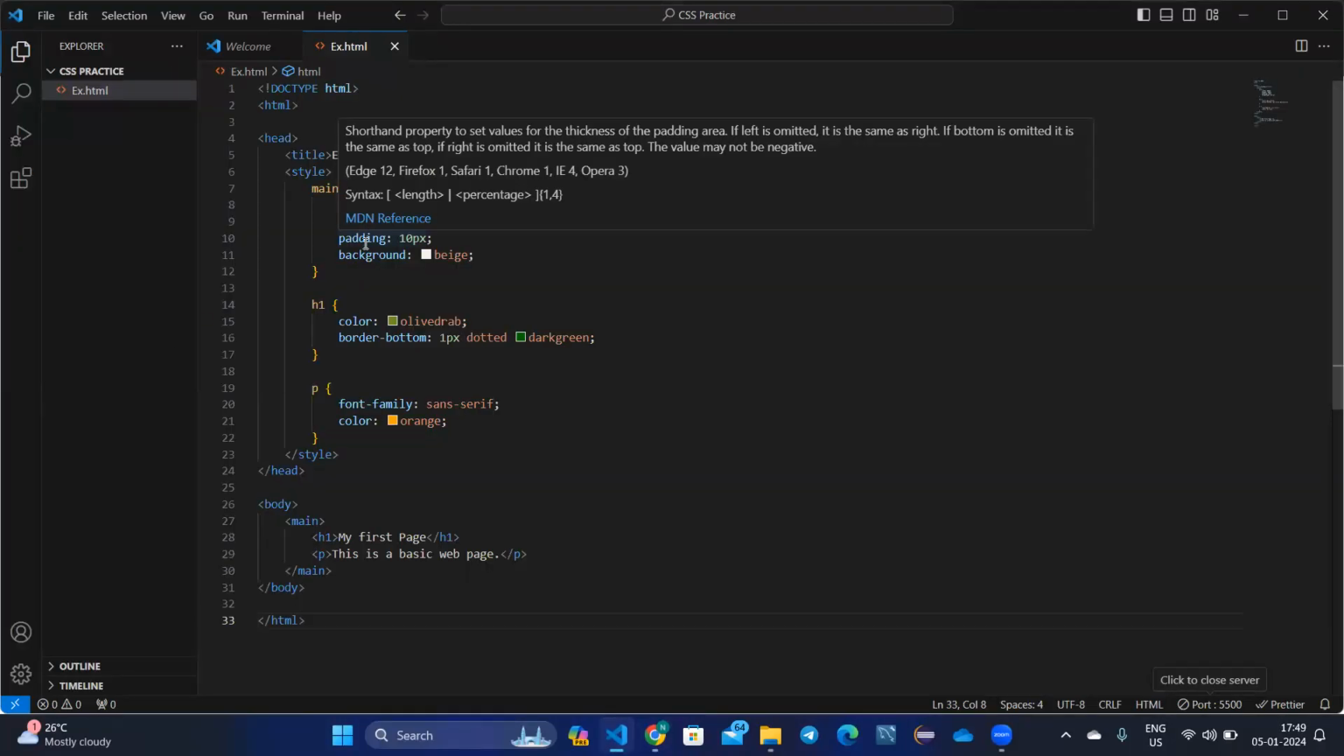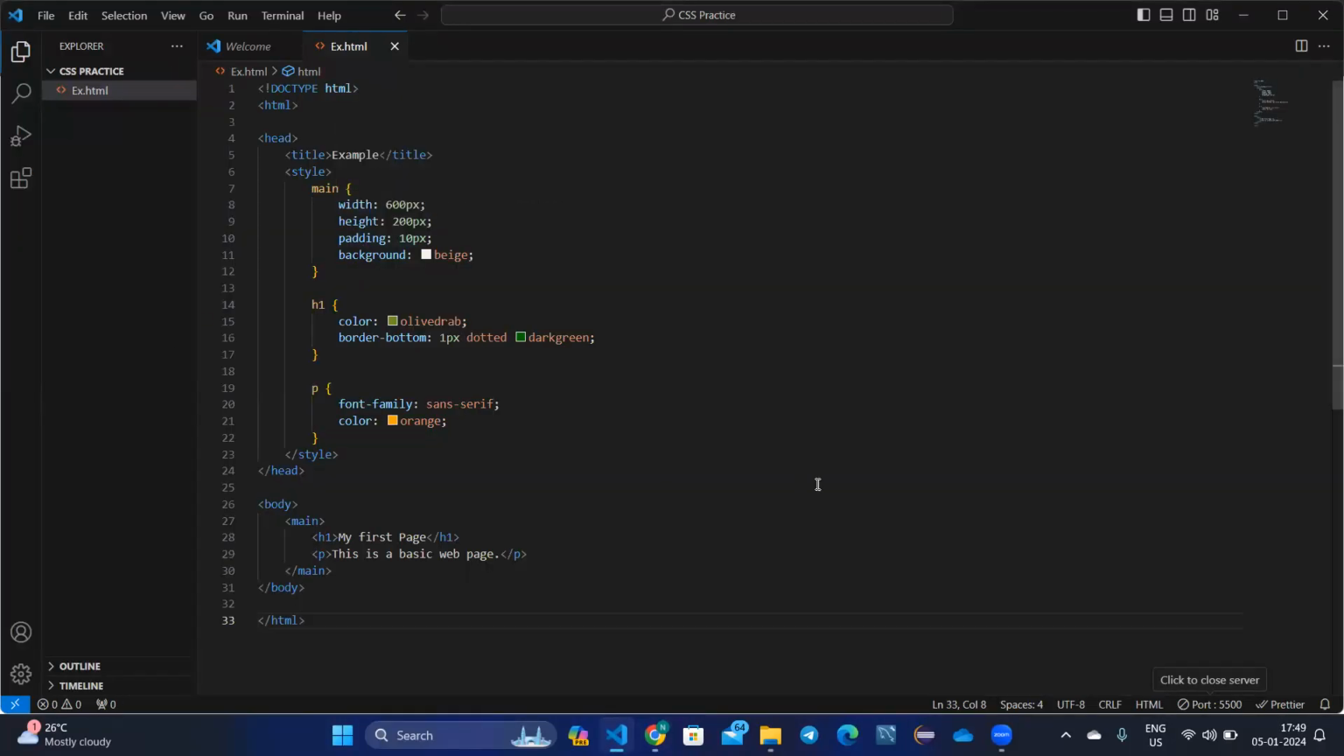Just see, it is the starting, a basic web page. Look into the title tag. Inside the title tag it is the example. And after that, you're using the style tag. Inside the style tag, the main, then width, height, padding, and background. You're using the background color,